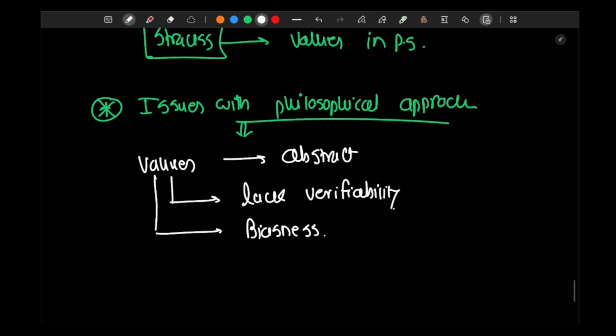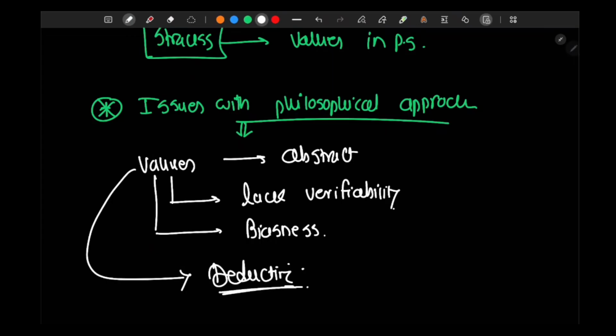And valued analysis or philosophical theories can be not inductive, they can be deductive, right? Philosophical theories can have the conclusion ready, and philosophical theories will gather such proofs that support their conclusion.